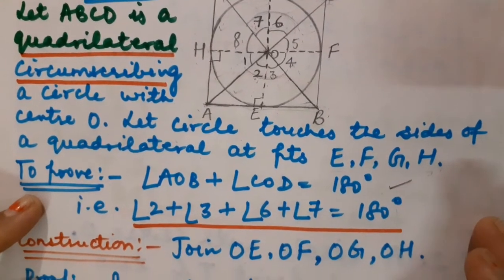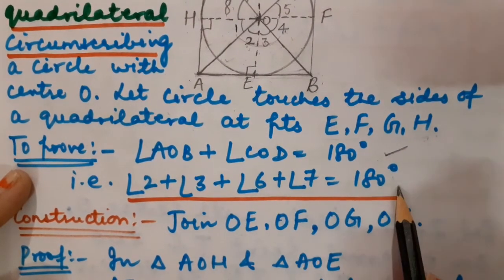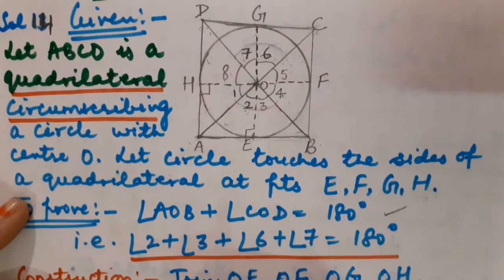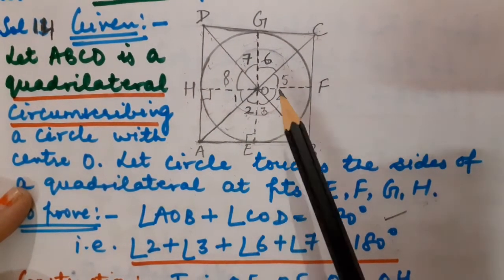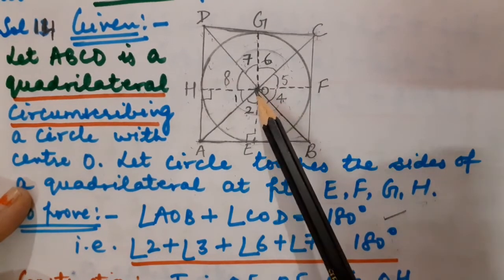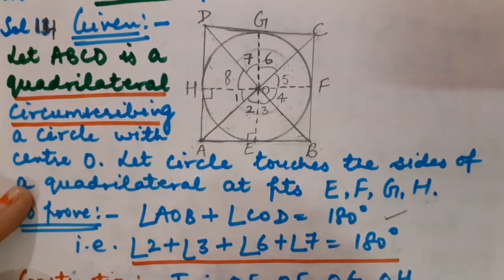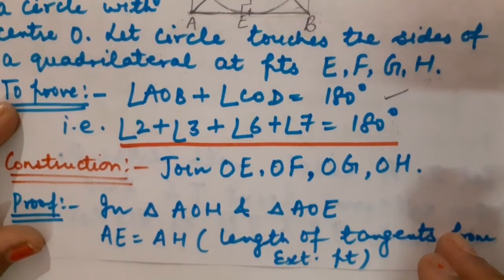That is angle 2 plus angle 3 plus angle 6 plus angle 7 is equal to 180 degree. Okay. Now children, I have done a small construction. I am just going to draw the radii of the circle. I have joined OE, OF, OG and OH. They all are the radii of the circle. Fine children. Now what I am going to do, I am going to prove